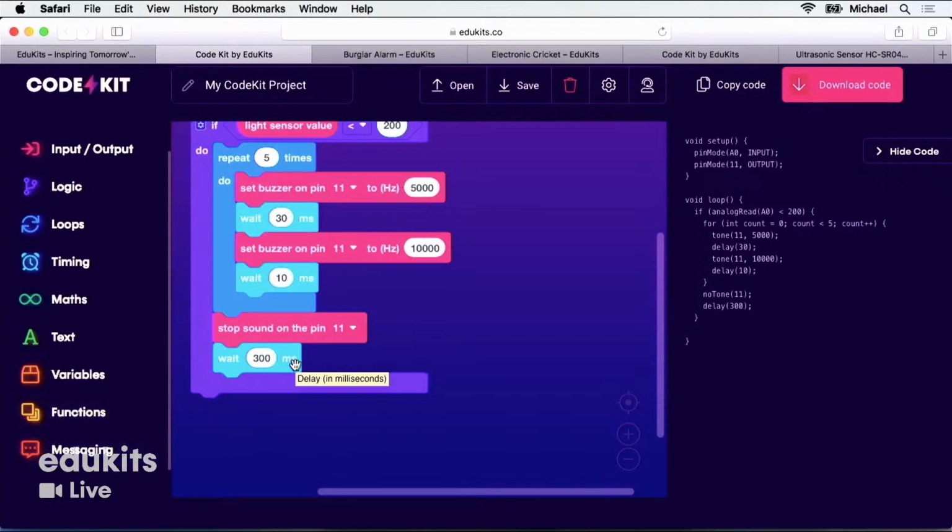Okay, and now I think we'll go on to our last question for today. It says, the 200 value isn't working. I can't hear the cricket chirping. So I think what's happening here is their light sensor is slightly different to my one. Everyone's sensor is slightly unique. They're all the same type of sensor, but tiny little differences in the way the plastic is manufactured will mean you have a slightly different value.